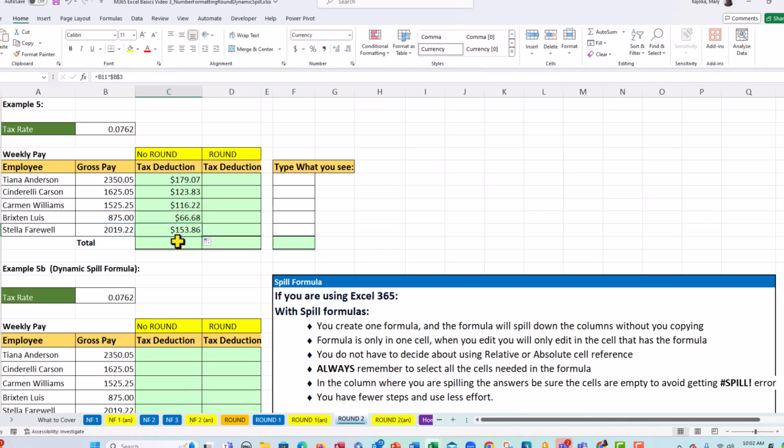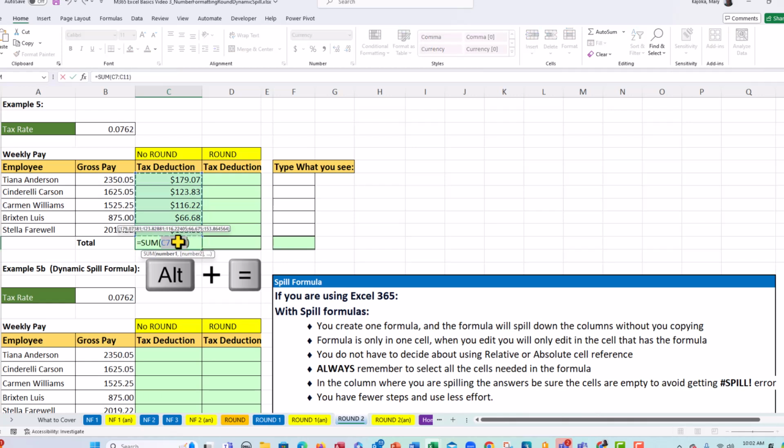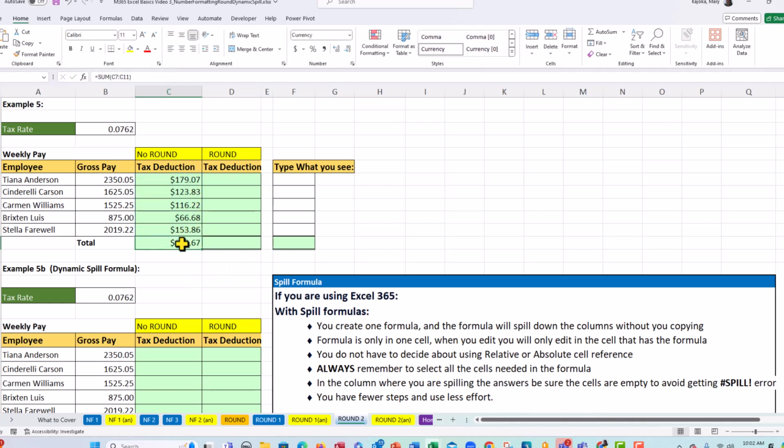So escape, and now I'll get the total, and the keyboard shortcut for getting the total is Alt equals, and it has the correct range selected. So I'll do Control Enter, and I have my sum total right there. I will do the same thing here, but on this calculation, I will use the round function. So we'll do equals round,